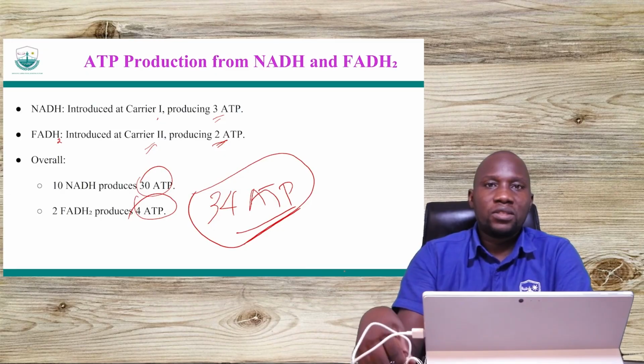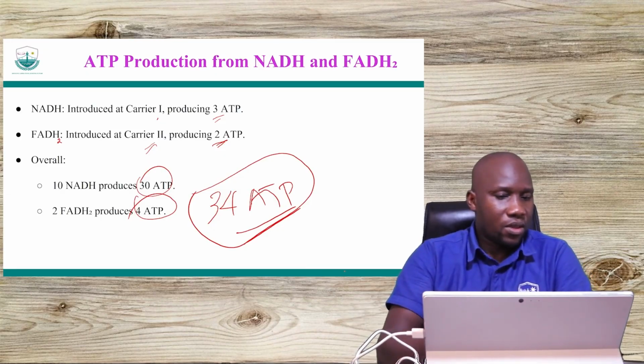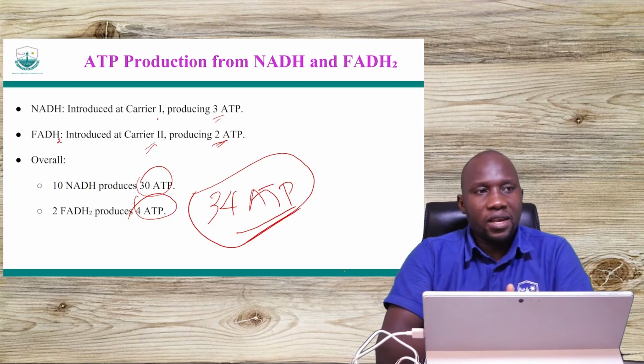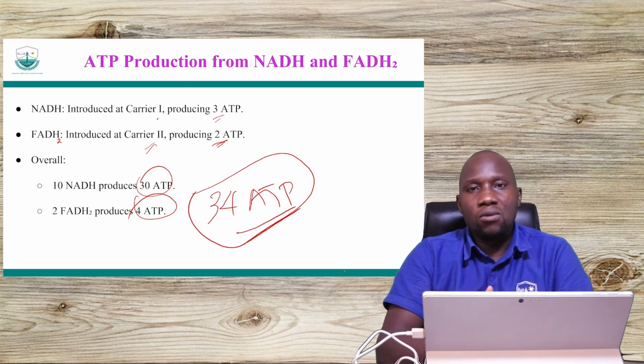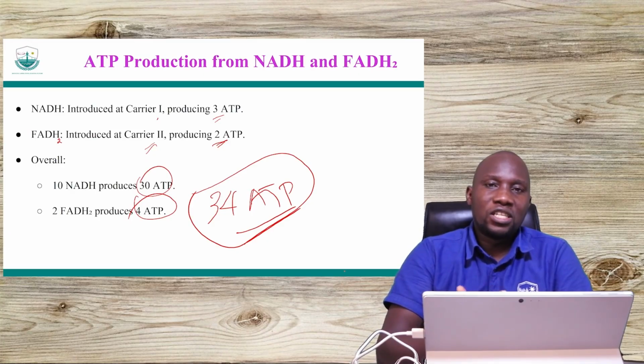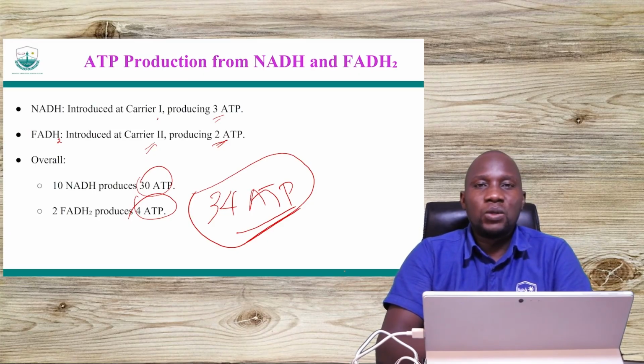Okay, so that has been our presentation on the electron transport system, where we have looked at how electrons are carried from one carrier to the other, releasing energy, and that energy being sufficient for ATP formation. We also saw how an electrochemical gradient is created by pumping the hydrogen ions, and the hydrogen ions finally being accepted by oxygen to form water. But also that process gives you